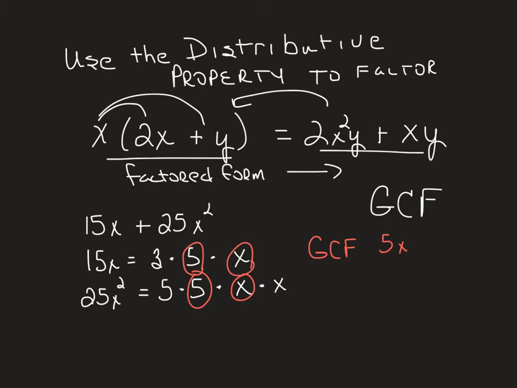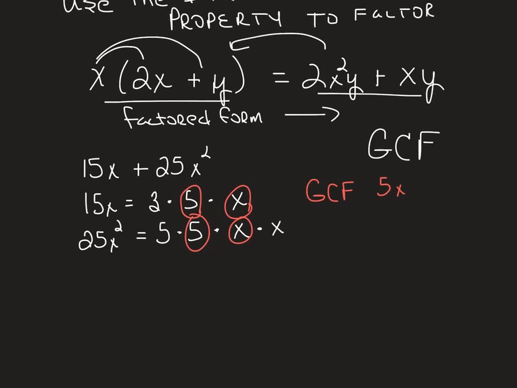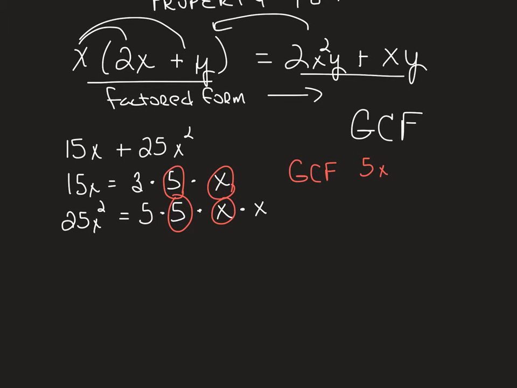Now I'm going to use that greatest common factor and the distributive property in reverse to factor 15x plus 25x squared. And to do that, I can rewrite 15x as 5x times 3,